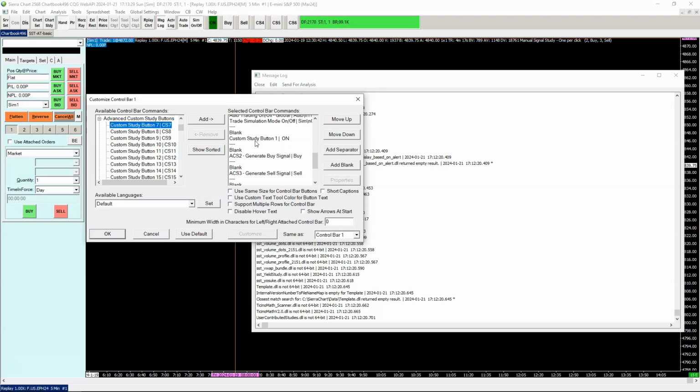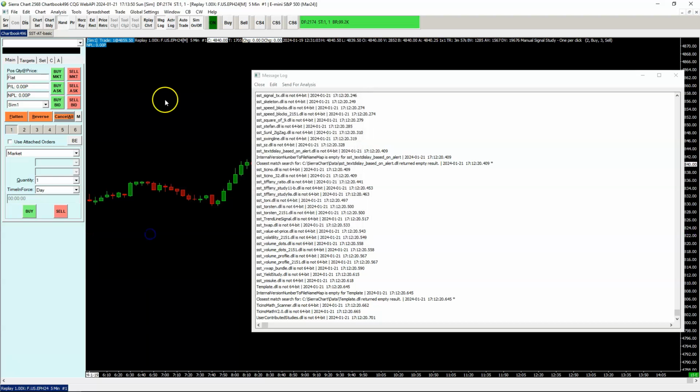You can see I've added the buttons already, right? So button number 4, 5, 6 are still empty. 2 and 3 just has been assigned. But you can add as many buttons as you wish, and that's the way you add buttons to your control